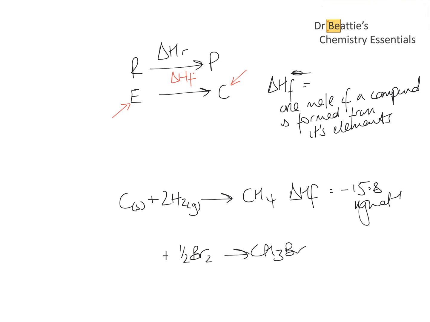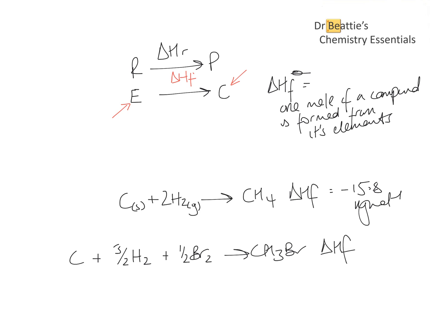In terms of hydrogen, we have 3 hydrogens in the product, but it exists diatomic as H2, so we can have 3 halves of a hydrogen molecule, and then we've got 1 carbon, so we can have 1 carbon there. And so this is the overall balanced delta HF